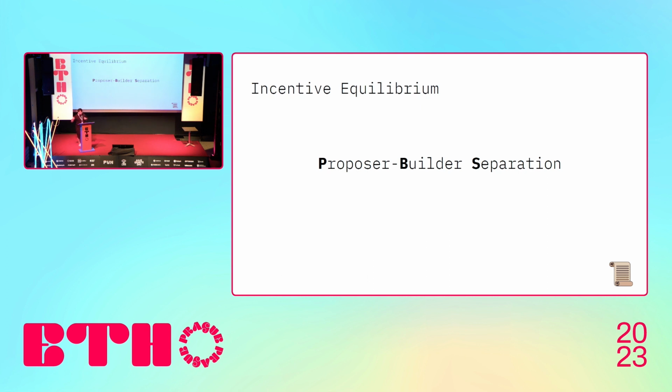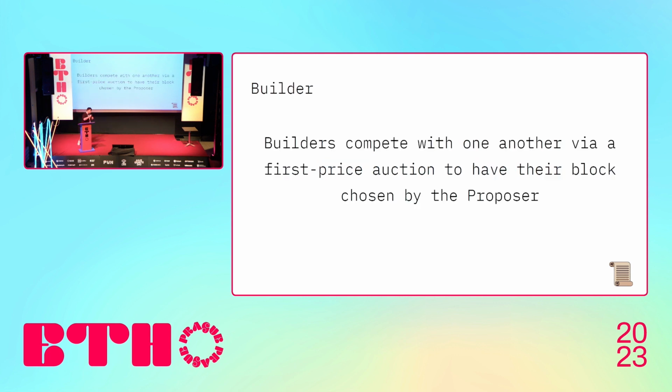I'll abstract from the complexities of the design differences, but let's look at what the proposer and builder roles are. So a proposer is a slot leader, so what I described before. It's responsible for proposing a block and propagating it to the rest of the validators, or the community, for them to vote. And a builder is an entity that actually constructs the blocks, and the builders compete with one another in an auction for their block to be selected as the winning block by the proposer.